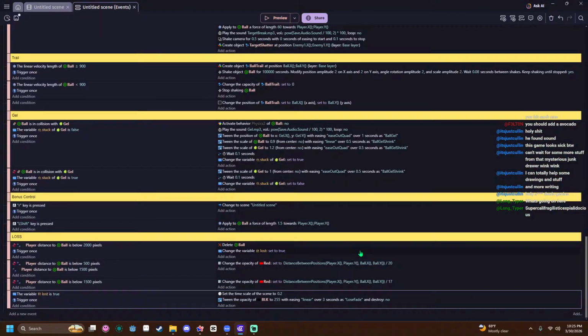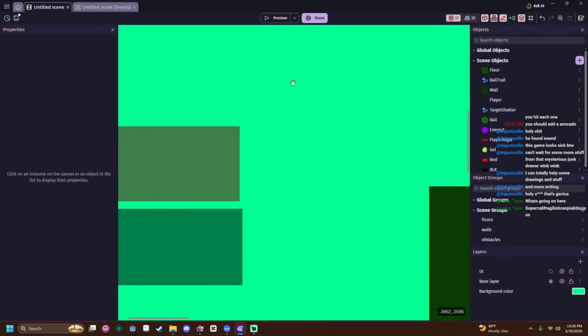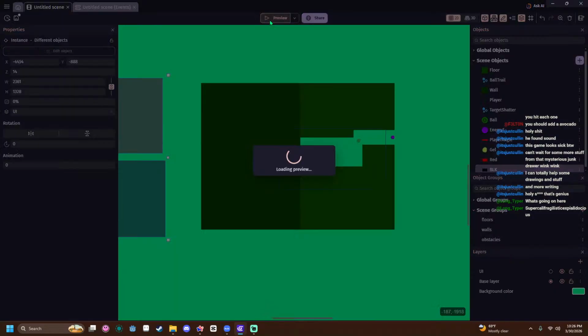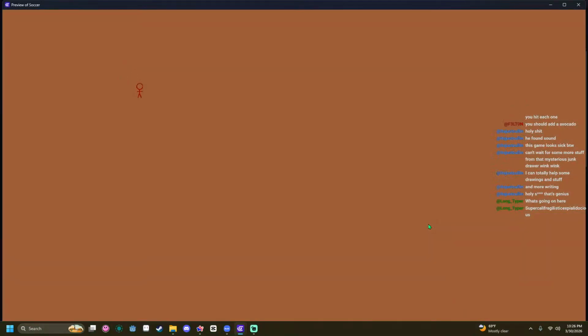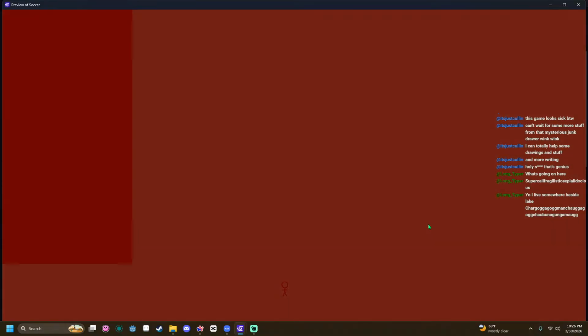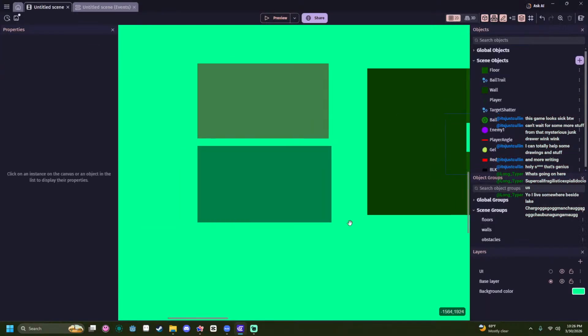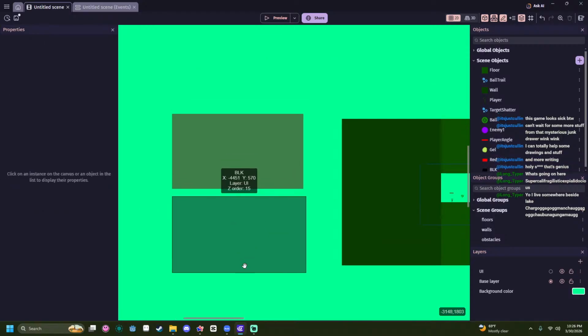Why did the red opacity get so high? Oh, I know what it is. Black needs to be on the UI layer. These can also move a bit closer so we can actually mess with them. Oh, the name lines up. I just noticed that. Oh, the red is below the... Oh, the black is below the red. No, it's not.